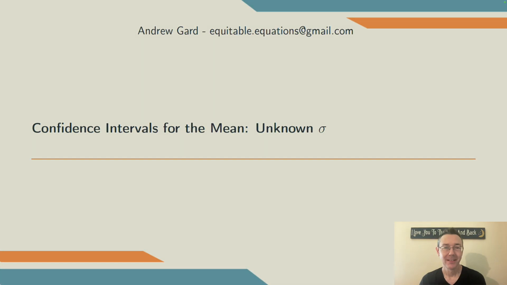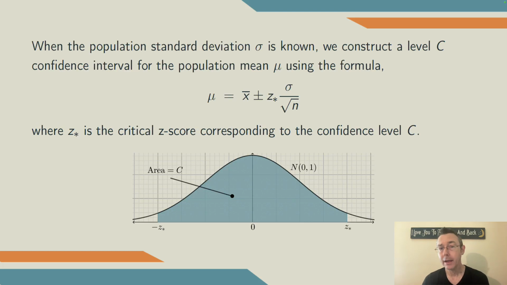Hey everybody. Today we're talking about confidence intervals for the mean in the situation where the population standard deviation sigma is not known to us. The confidence interval that we're ultimately going to come up with looks a lot like the confidence interval when sigma is known, but with some really important differences. And to see those most clearly, I want to back up and start with the confidence interval for the mean